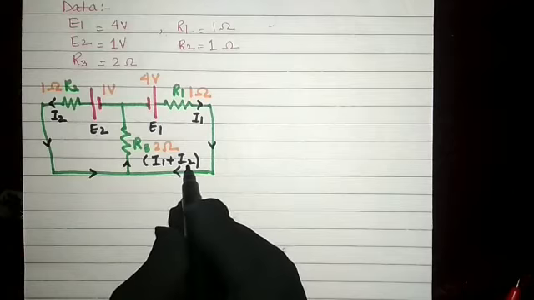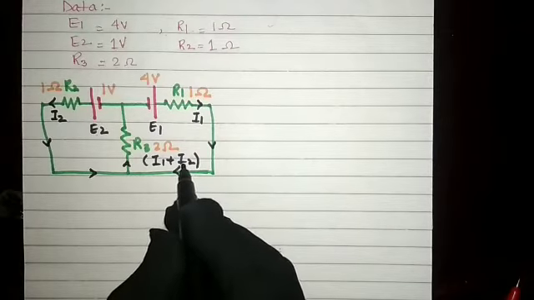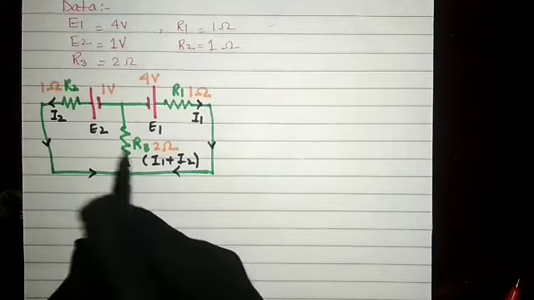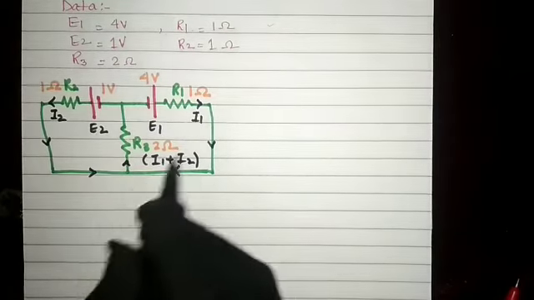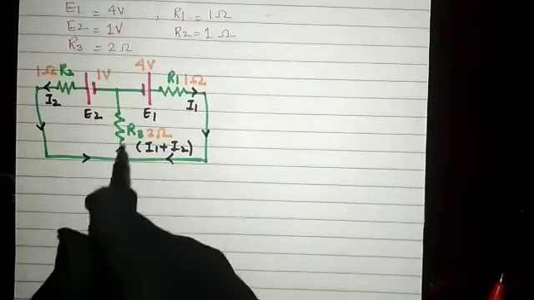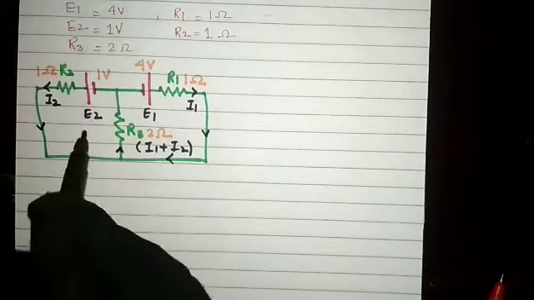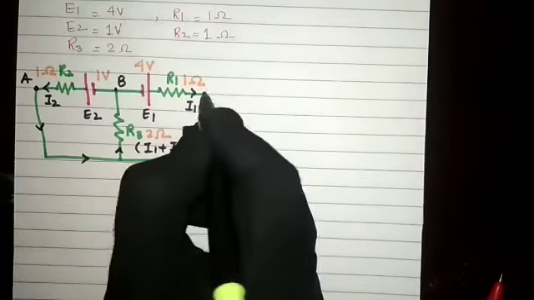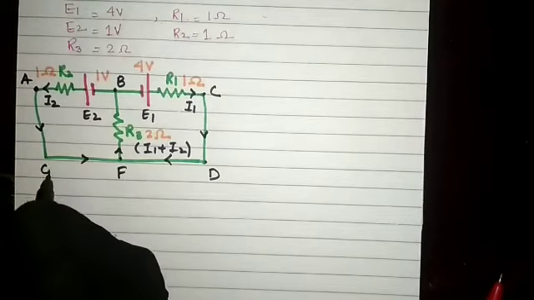Why am I not writing I3? Because when you are solving a problem based on the application of Kirchhoff's law, you have to consider a smaller number of variables. So that's why I am not writing I3 here, because I3 is nothing but I1 plus I2. So these are the elements that I have connected in the circuit, as you can see here. Now give the names of the sides. This will be A, this will be B, C, D, F and G.